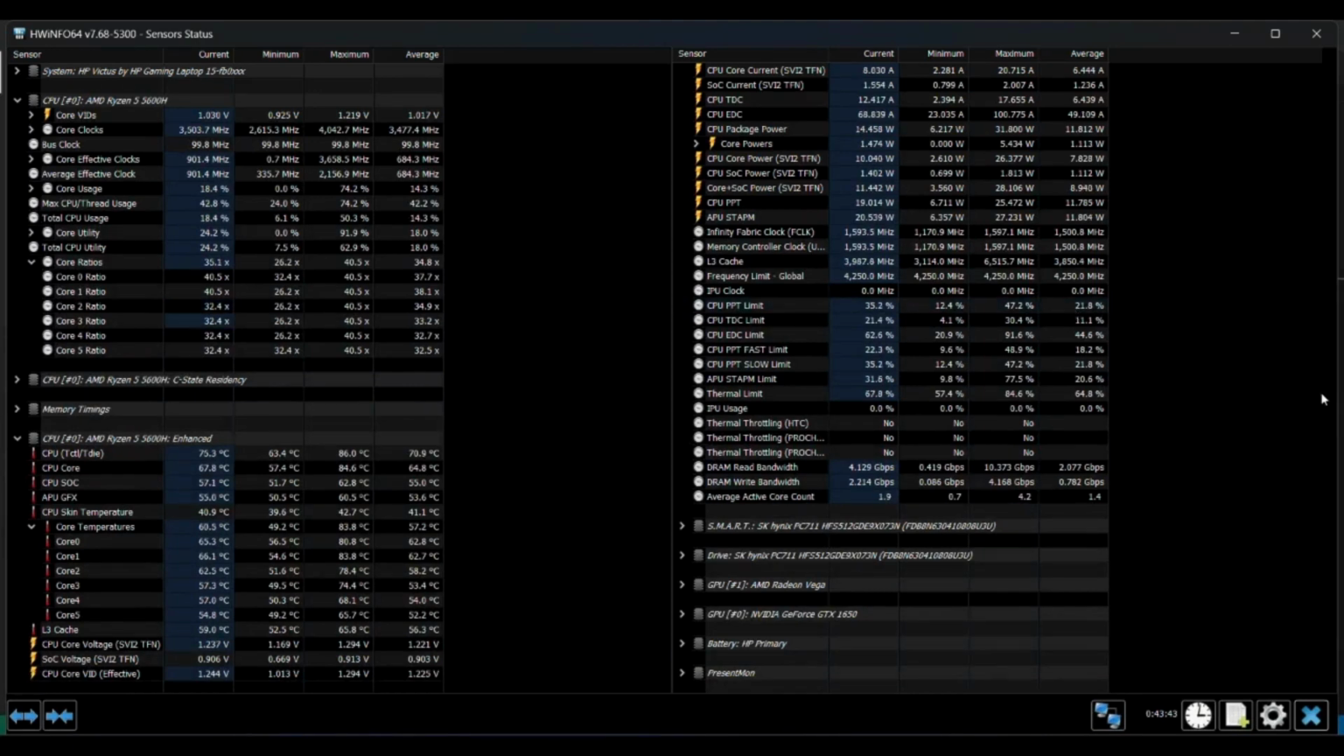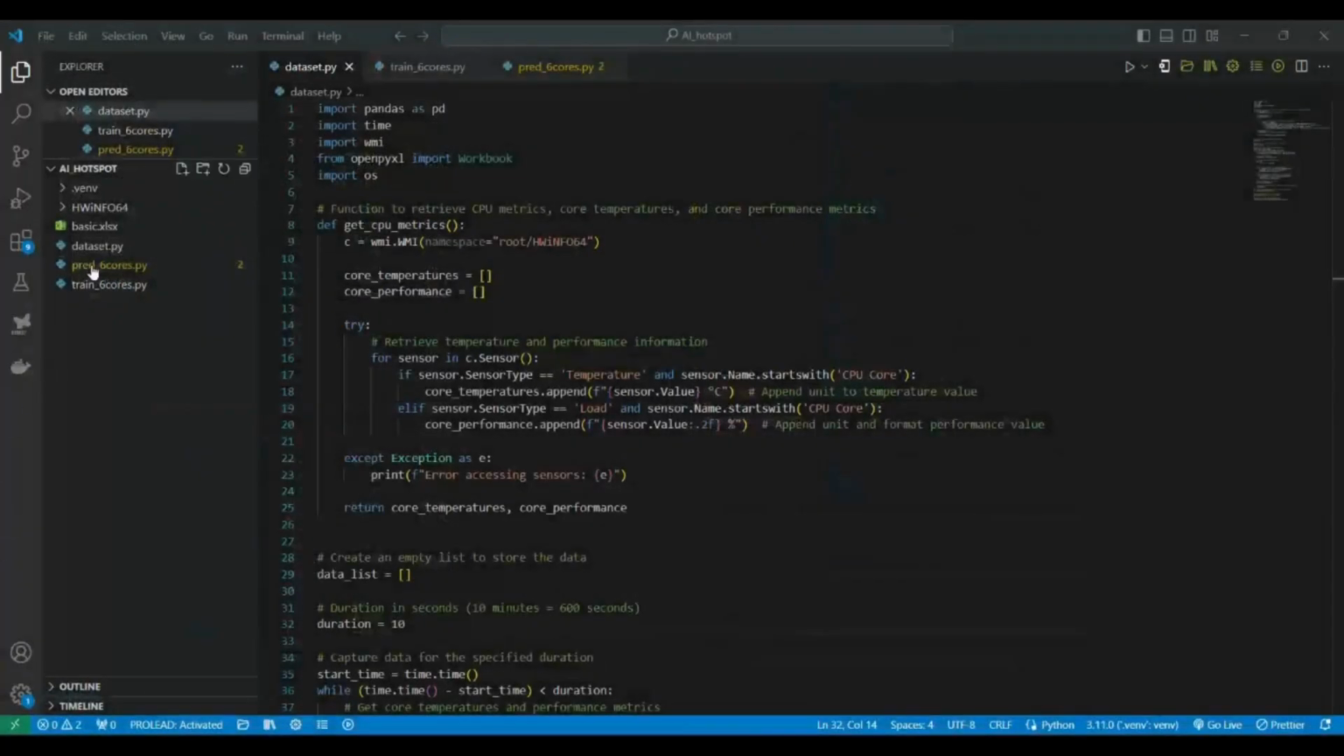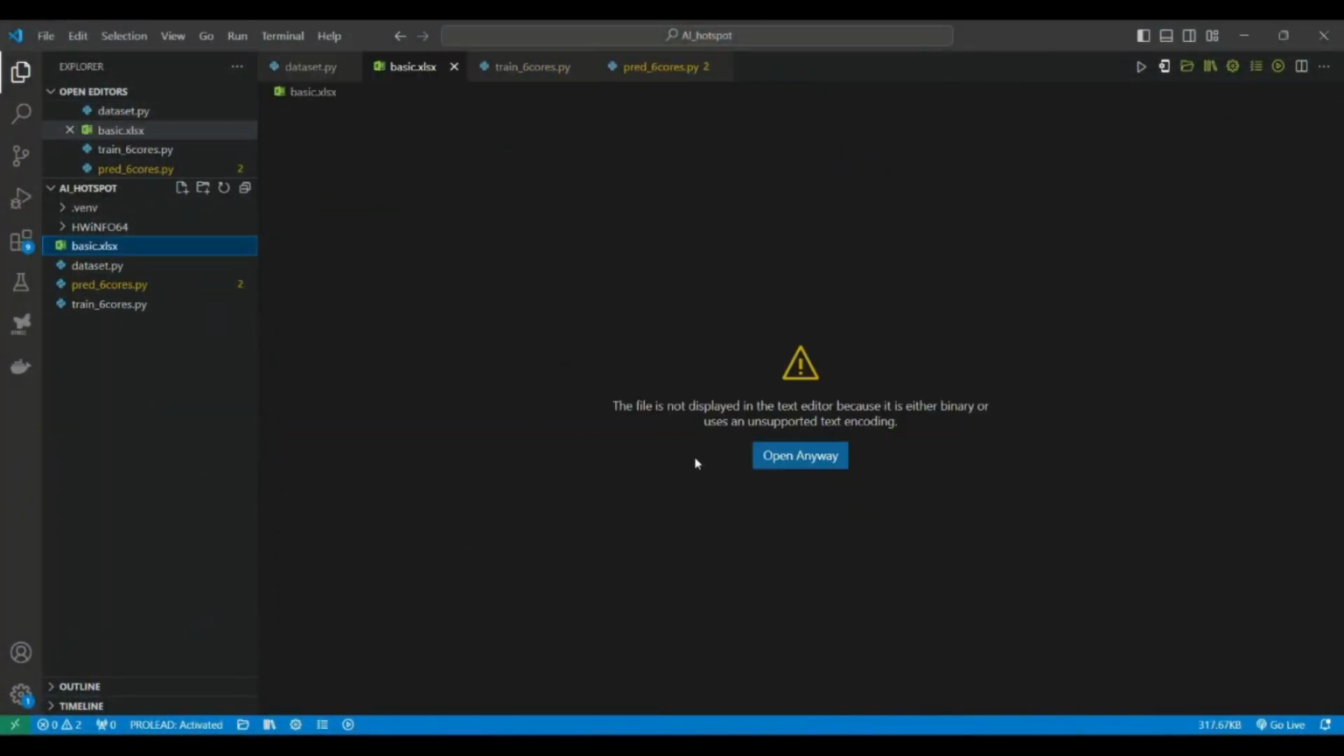For that, we are writing a program in Python, and you can see that particular data collection Python program in this display. Using this code and with the help of Open Hardware Monitor software, we are going to collect the real-time data of CPU performance and CPU temperature. Now we will be recording it into a data frame,